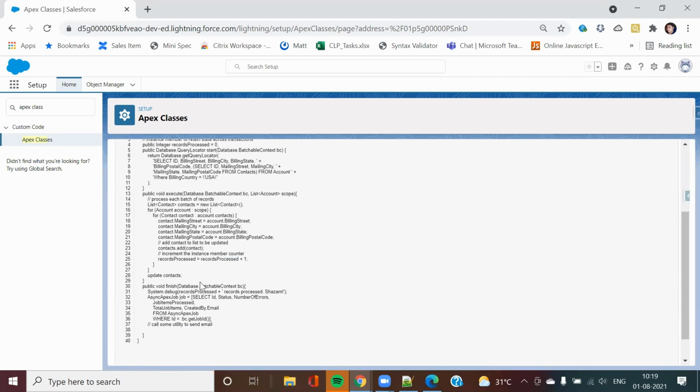Yeah, Manu, just one question regarding that. We cannot call an asynchronous process from an asynchronous process. So there was an interview question: how can we call a different batch from a batch method, from the execute only? How can that work? If that is the case, like, so there was.